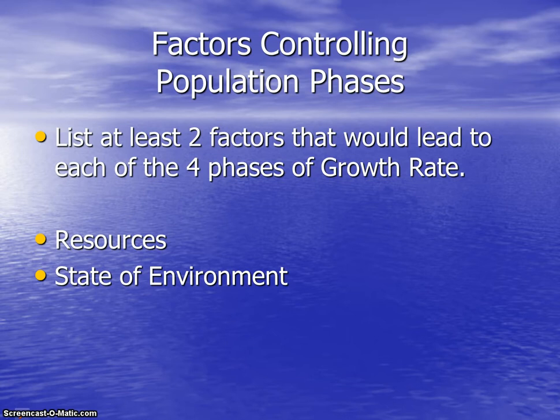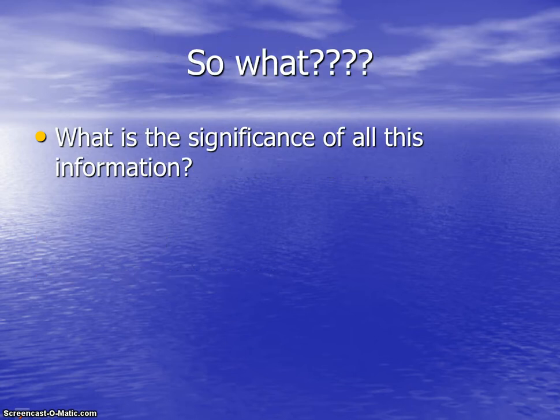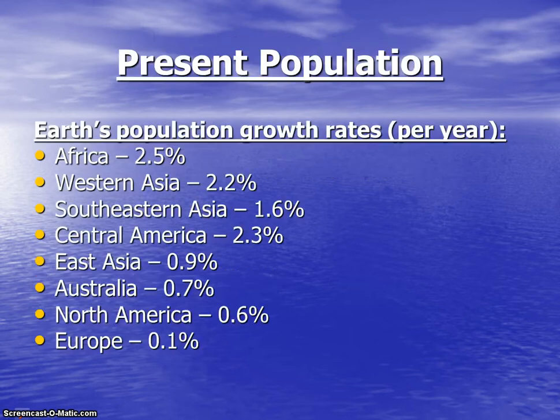The major factors that can do that are the amount of resources available and the type or the state of the environment that those populations are in. Now, why does this matter? If you look at just human population